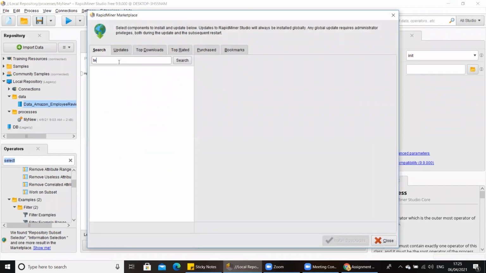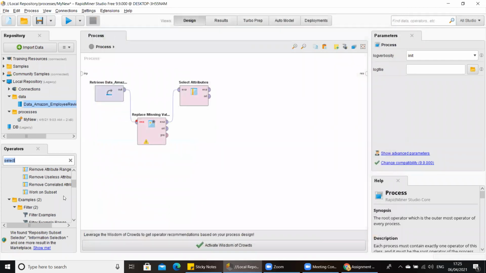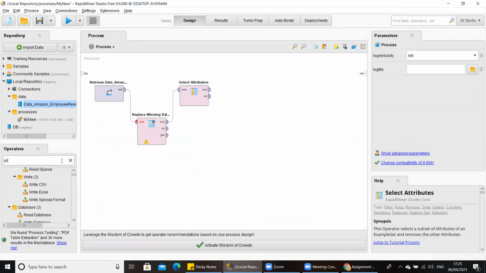Here, by clicking text mining and searching, you get some extensions and related details. You just select them and install them to get those operators, right? Now, as I already installed it,